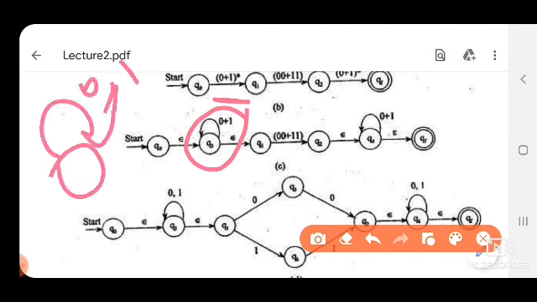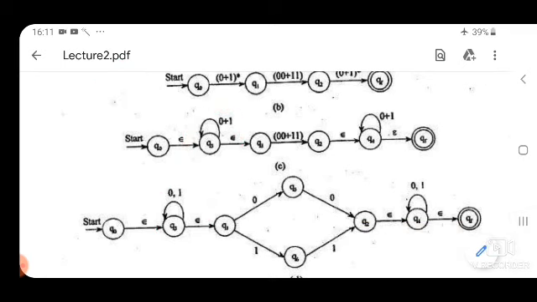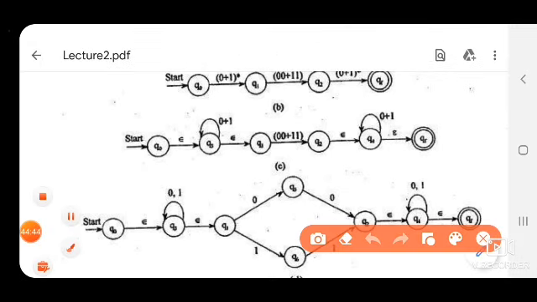Both representations are correct. Either you write 0 plus 1 or 0 comma 1. So, in this figure we have expanded 0 plus 1 asterisk, and we have represented 0 plus 1 asterisk like this.